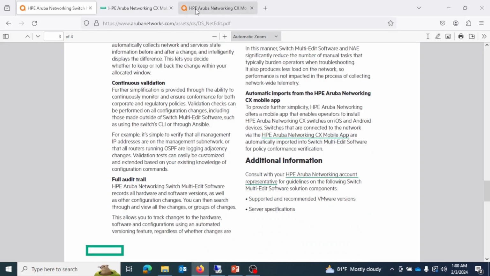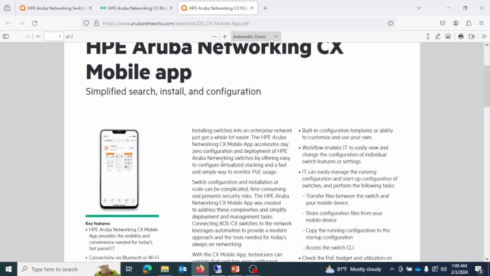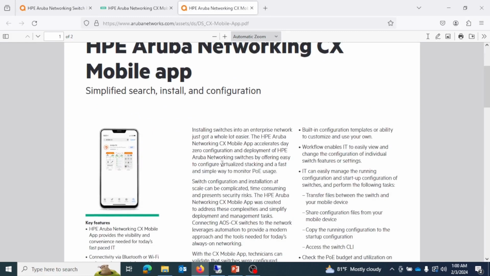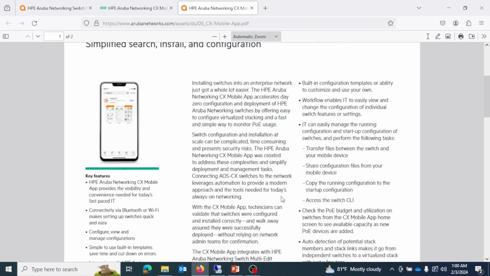Okay, let's look at the AOS-CX mobile app also. So this is used to onboard the switches initially. Instead of wiring the console cables to the switches, you can connect via Bluetooth because these AOS-CX switches come with the Bluetooth dongle. So when you enable the Bluetooth connectivity in your mobile phone and install this CX mobile app, you connect the switches. It will discover the switch via Bluetooth and you just connect to the switch, and you can do certain initial configurations, and you can onboard this switch to the NetEdit tool to further configure, and you